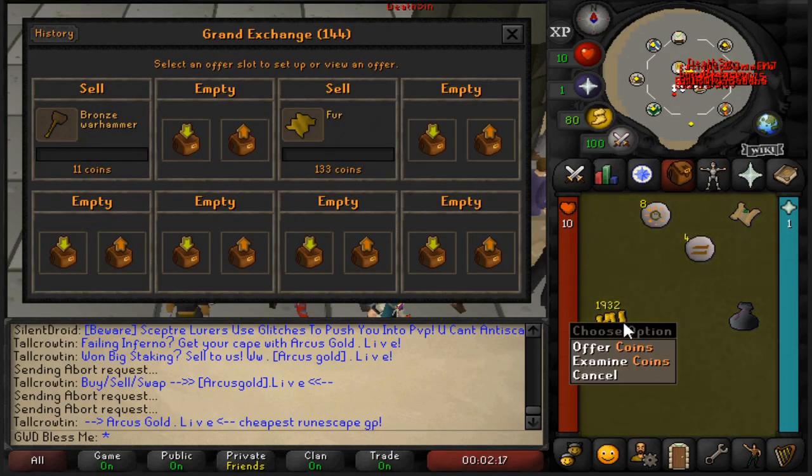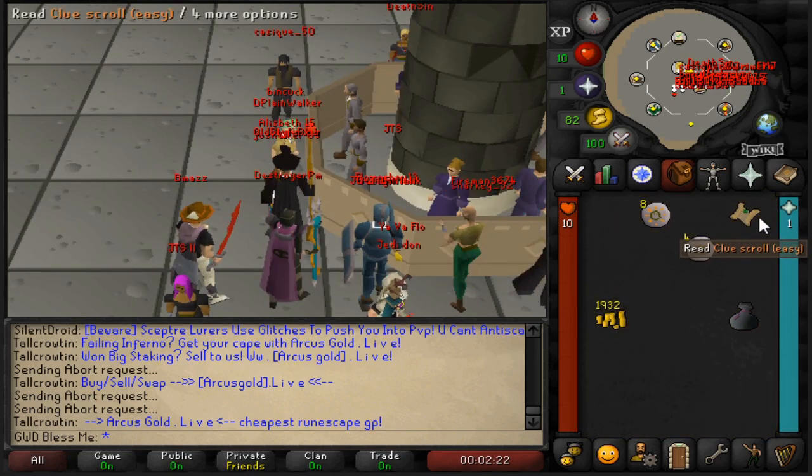We managed to get about 1.9k out of our first trip. We have a couple things that are still waiting to sell. We also got a clue scroll, so let me know down below what you guys think I should be doing